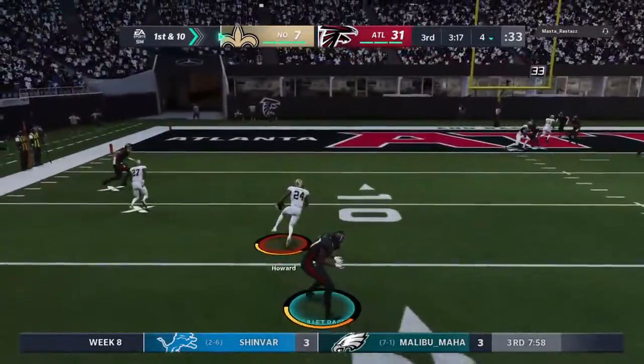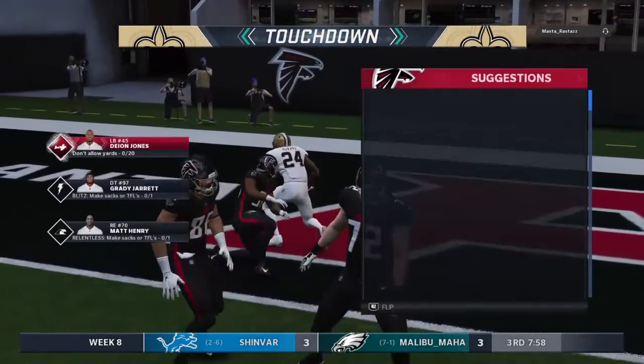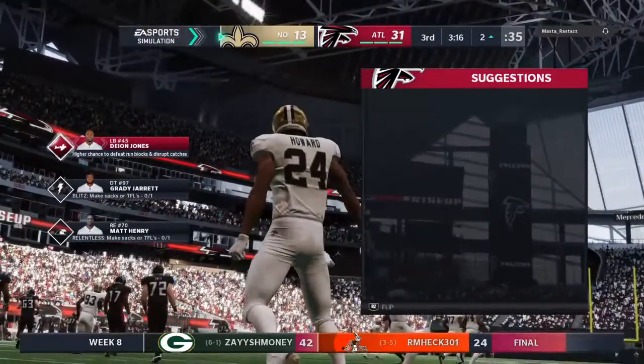He rifles one that's intercepted. Picked up by Xavier Howard. And he will take this one home. It's a touchdown. I think this is where you have to have the term situational football in your head, because